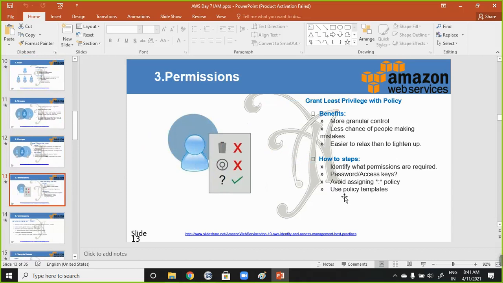So permissions is a very important topic, guys. Please pay attention, because permission is everything. Okay, so in permissions basically you give what you want to access or what you don't want to access, right. So for example, the permission is